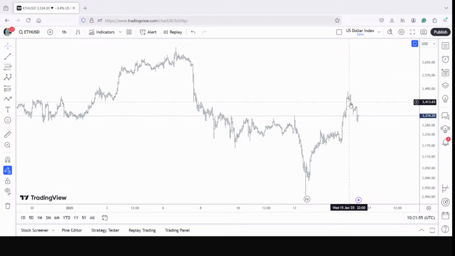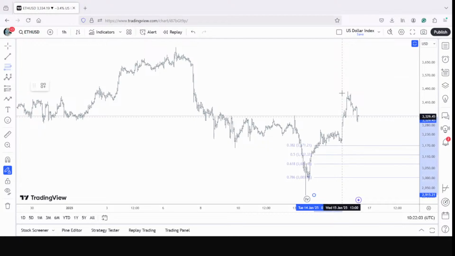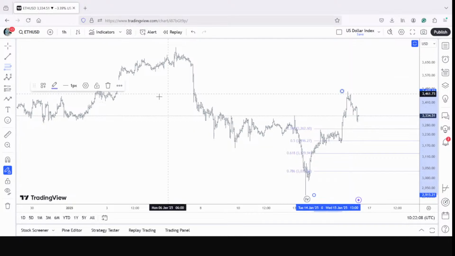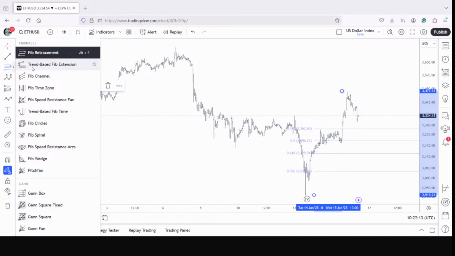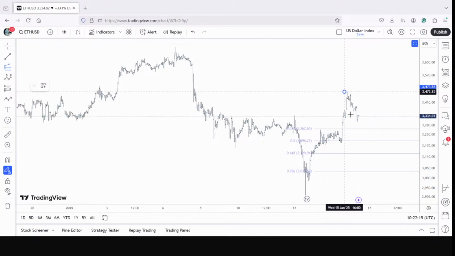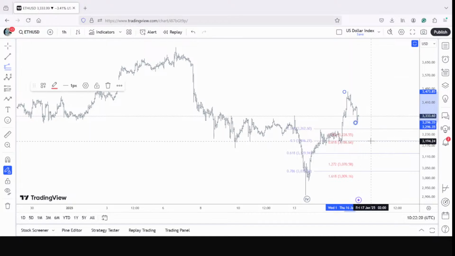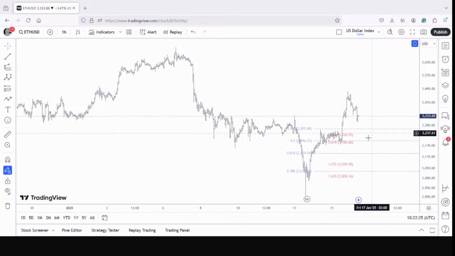Okay, we can see a first impulsive decline, one, two, three, four, five. Just a moment, sir. The first decline, if it is almost five waves, which it looks like, then the move is incomplete. We can project the target. 3190 is expected for Ethereum in the next leg or so.